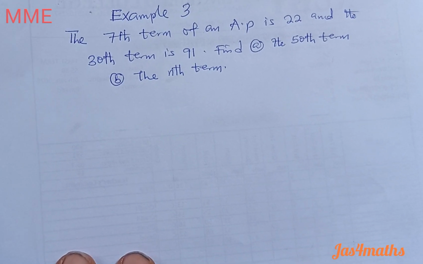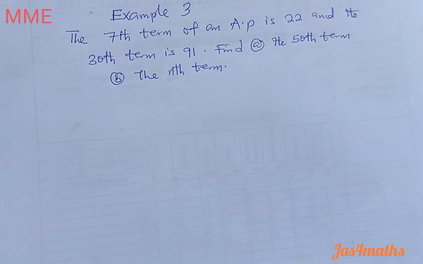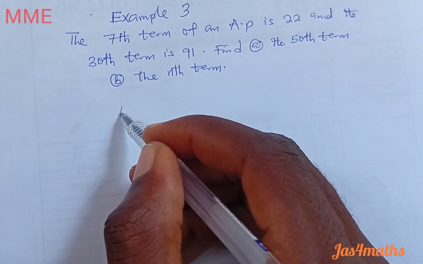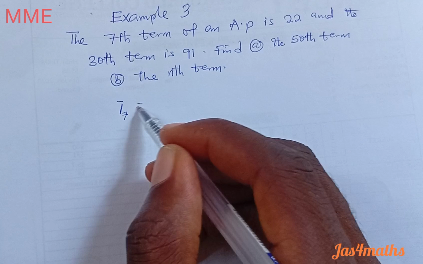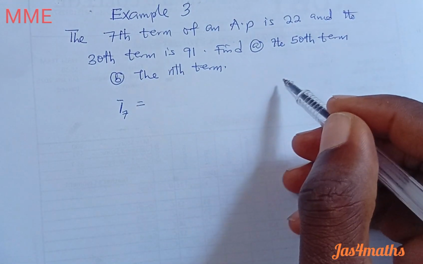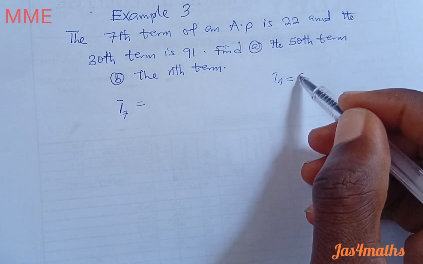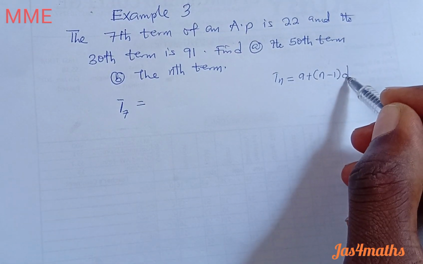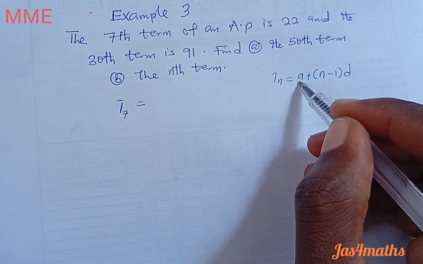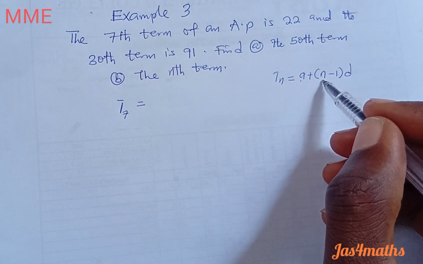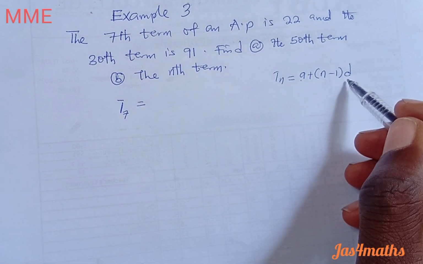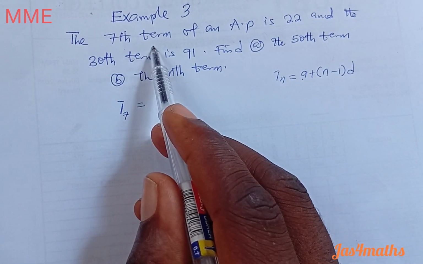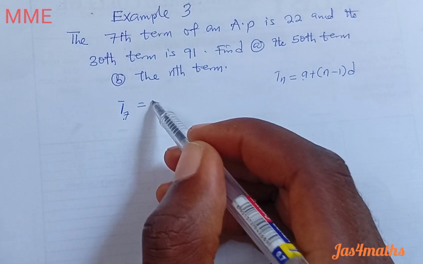Alright, since we have seen the question, let's see what we can do in breaking down the question. By 7th term, we denote it as T7, which should be substituted into the formula that says Tn is equal to A plus (n minus 1) D, where A, from the previous class, is regarded as the first term, n is the given term, and D is the common difference. Since we are to express the 7th term of an AP, we write T7 as 22,